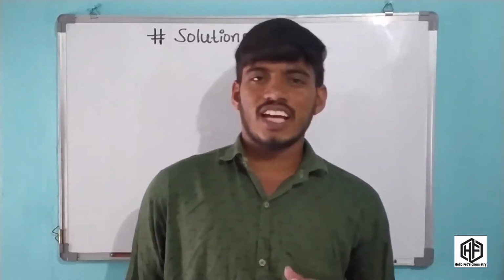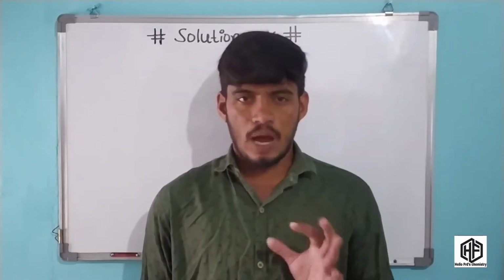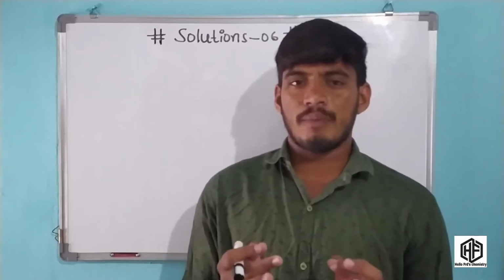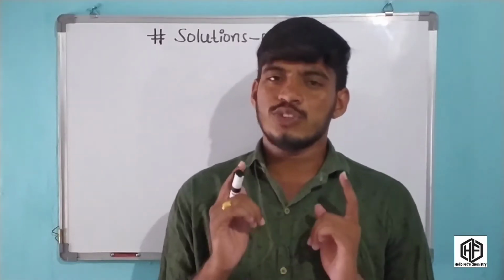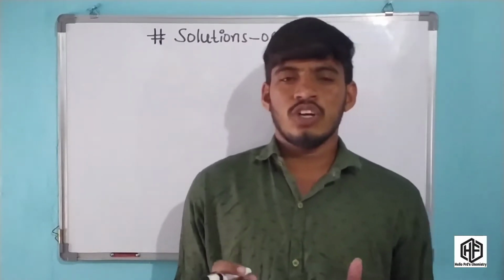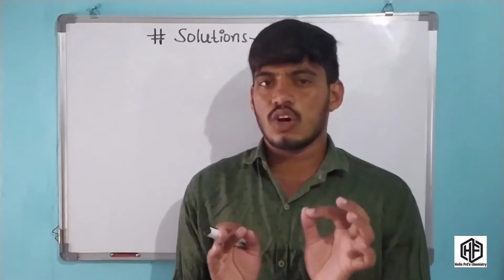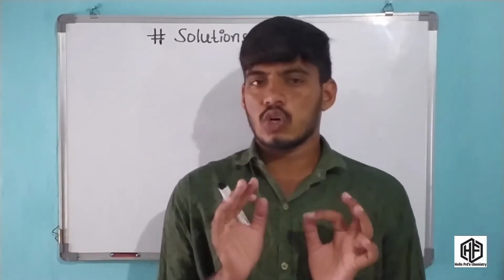In this video I am going to talk about solutions, class 6. In solutions class 5, I discussed the concept of vapor pressure. Now in this video I am going to discuss the vapor pressure of a solution containing two volatile substances. Now let us start this section. See this board. The topic is the vapor pressure of a solution containing two volatile substances. The concept is Raoult's law.